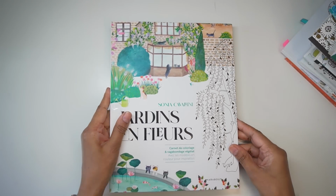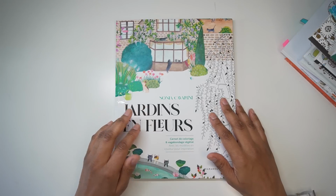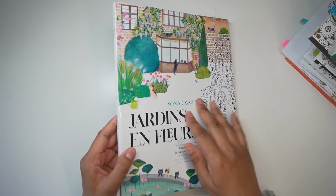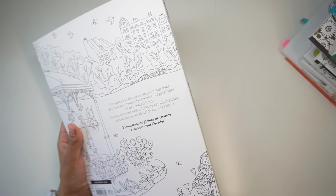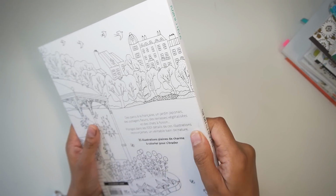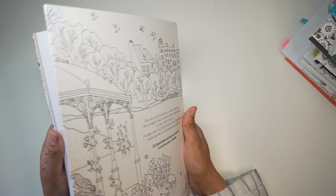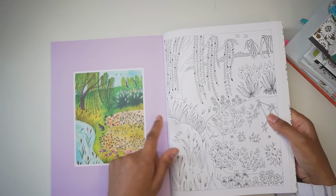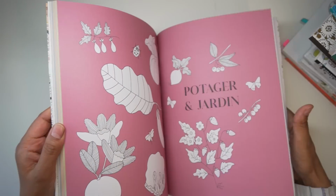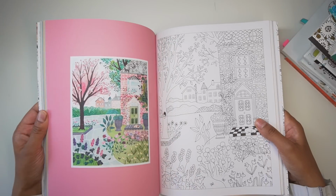So yeah, that one. And then I ordered this gorgeous book. I think I saw it on the lovely Connie's channel on Colouring Chemist. It arrived damaged and I was so disappointed. It wasn't packaged particularly well, but yeah, there is a tear in the spine and that really did disappoint me. So the last page has got a little bit of a tear there because of the spine, so it's not in the condition that I would have preferred it, but I didn't give it back because